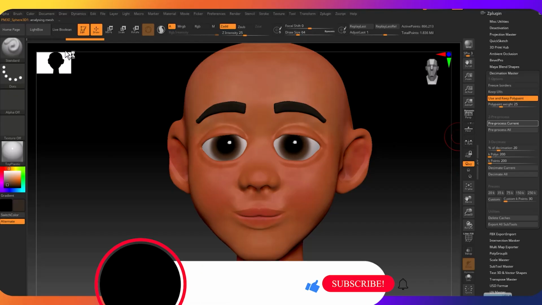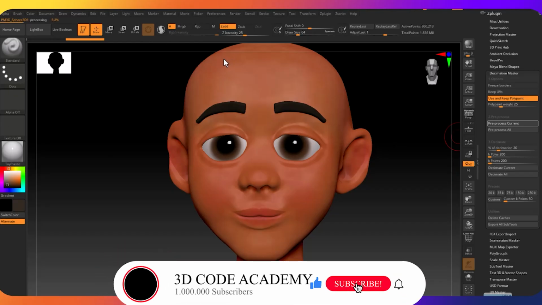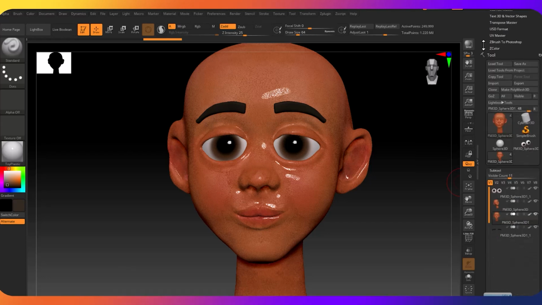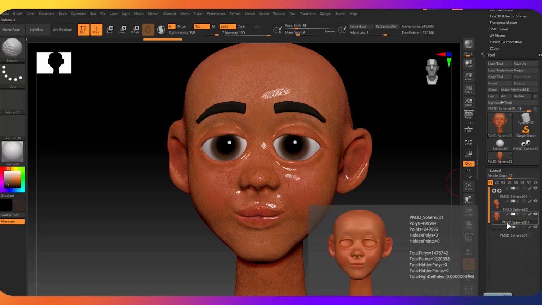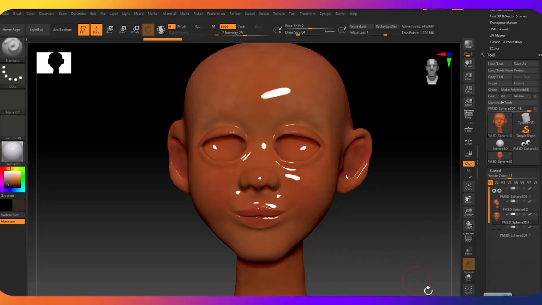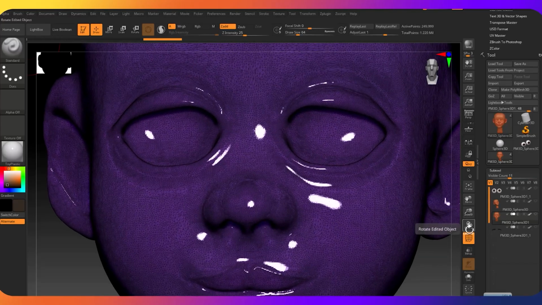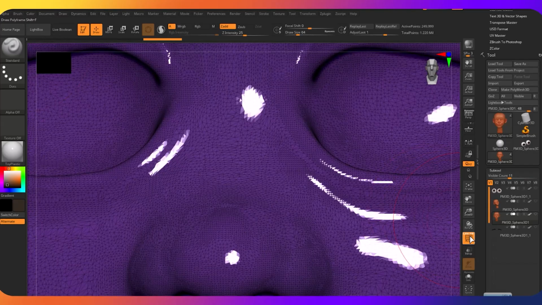So it's analyzing our mesh. And then we'll come here to 250K. When we press this one, it will decimate. Let's go to our subtool and try to see the difference now. So I select this one and go to the subtool. When I press shift with this, it means that we can see this only. So we'll come here to the poly frame and try to see it too. And you can see this. In our poly frame, we have these